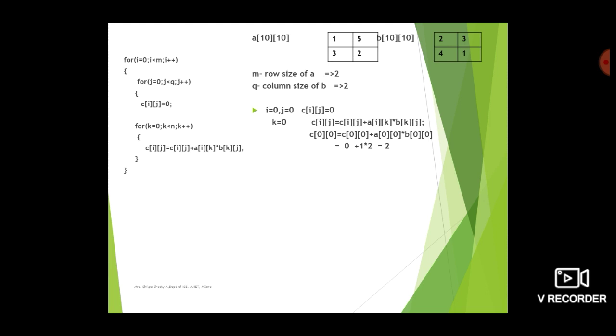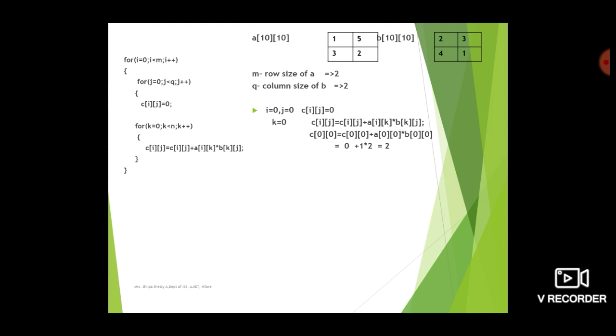Here I, j and k are all 0, so if you substitute in the equation, it becomes C of 0 0 is equal to C of 0 0 plus A of 0 0 into B of 0 0. The value will be 0 plus 1 into 2, which is equal to 2, since A of 0 0 is 1 and B of 0 0 is 2.